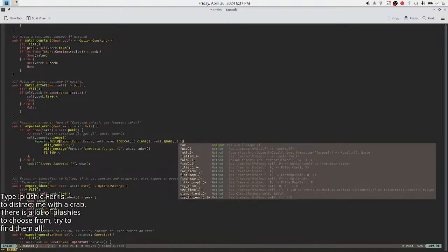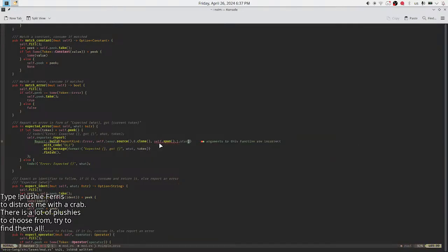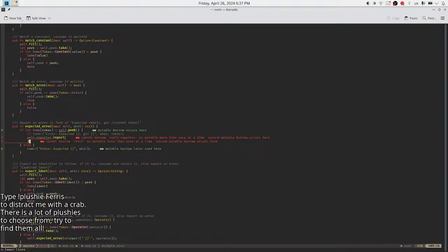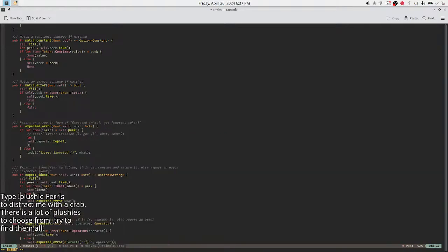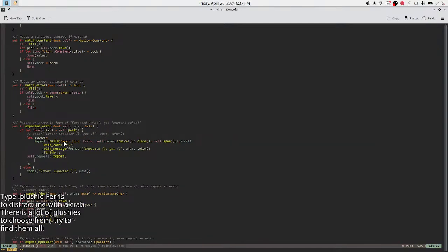Or, I mean start. It's called start. Here. Yeah, we all know that, unfortunately. Don't know why. It's just Rust being dumb.